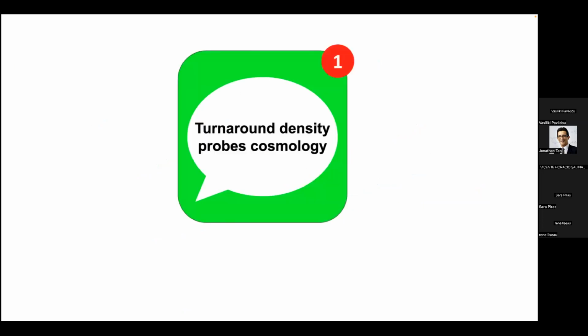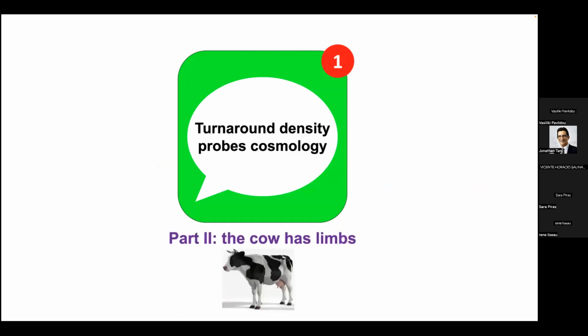All right. So back to the message: turnaround density probes cosmology. You should keep in mind all this is great, but our cow was not very cow-like. Okay, it was a sphere. And so we should let the cow grow limbs. Okay? So realistic clusters look like, you know, an octopus is a better description than a cow, right? It's all the filaments connecting to the cosmic web. A sphere is not a very good description of a cluster. So what happens if you go to cosmological N-body simulations, you grow real clusters, and then you try to confirm these